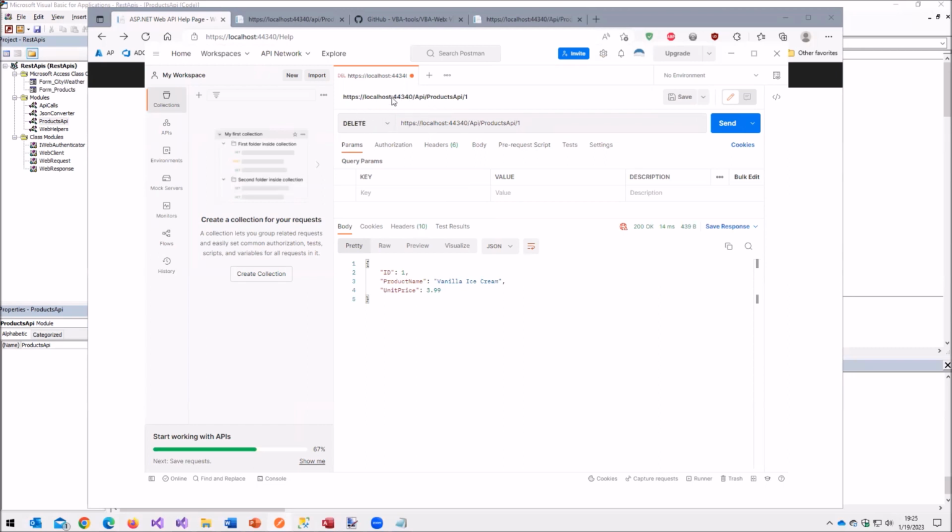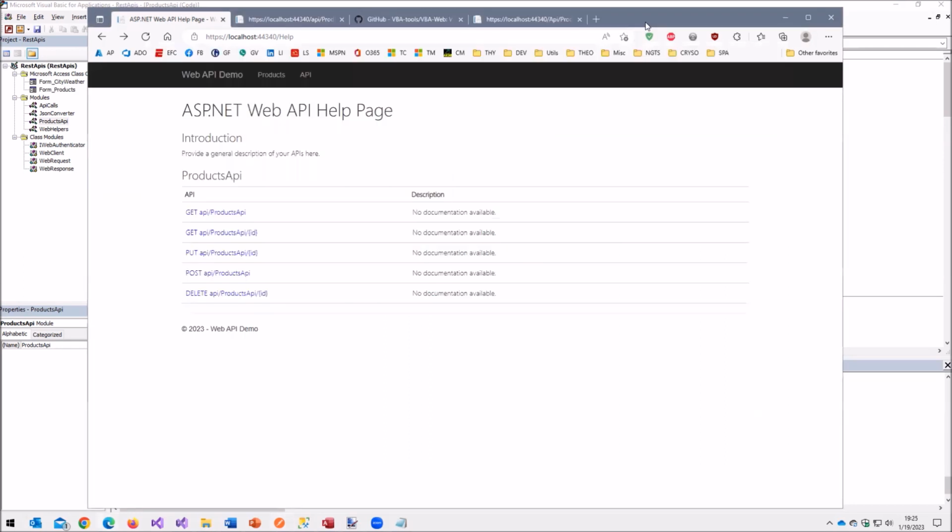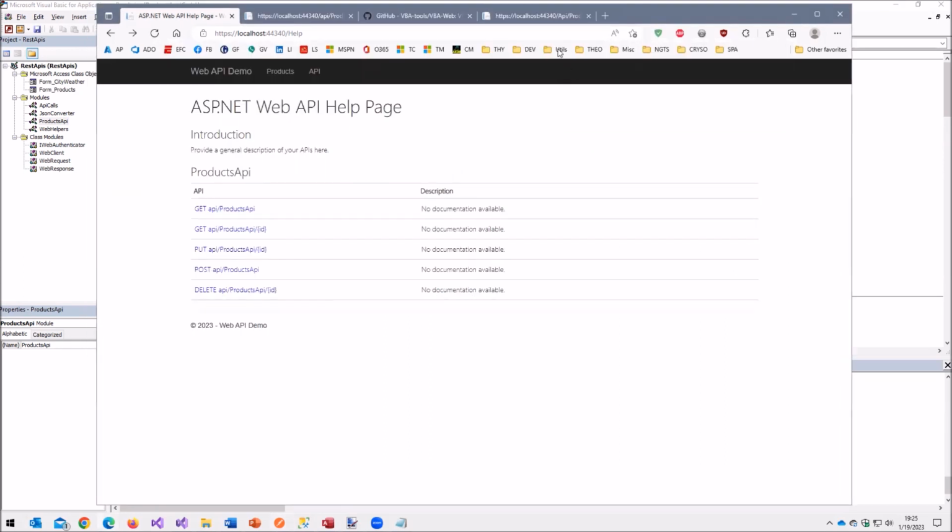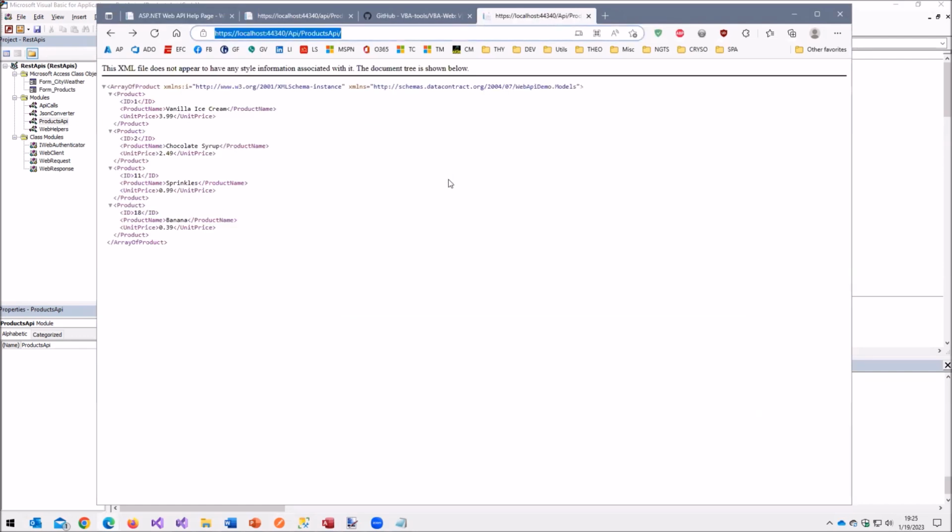So Postman allows you to explore the URLs, including creating body elements and authorization, which again, we're not talking about today, but it's a whole other area that is supported by VBA-Web, and they have documentation on it. And if there's interest in that level of detail, maybe we do another presentation in the future. But does that make sense?